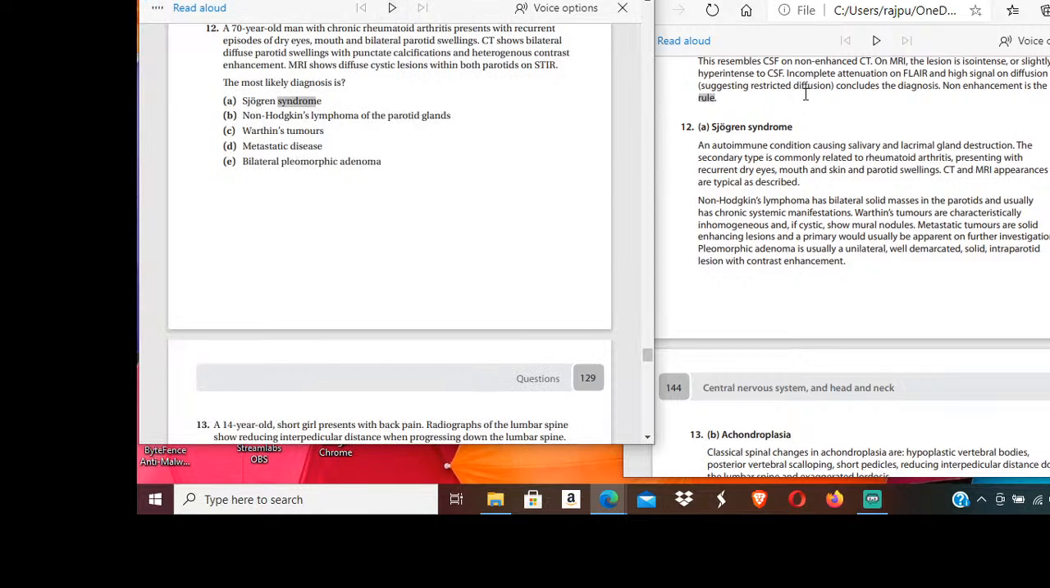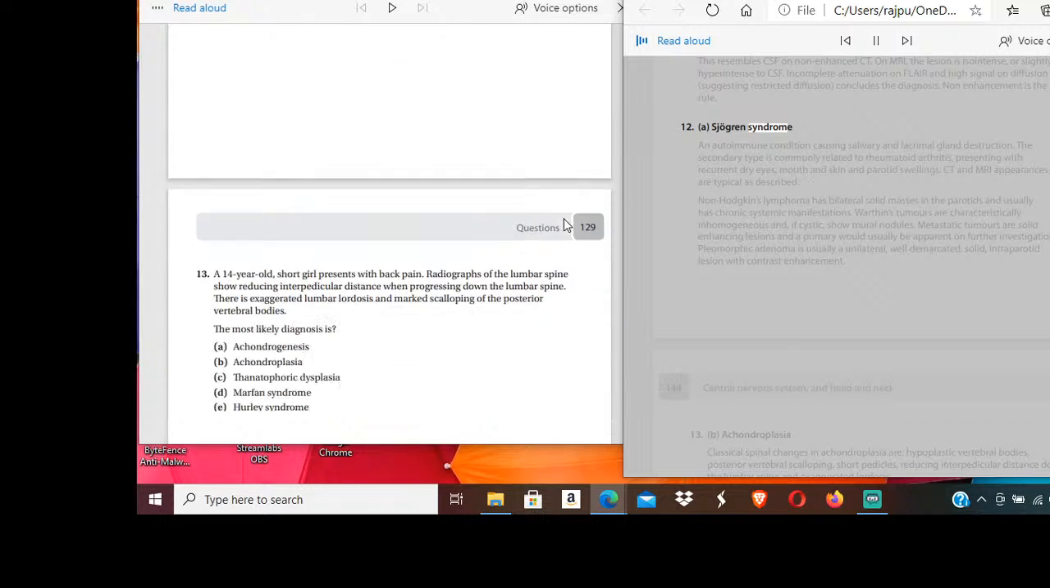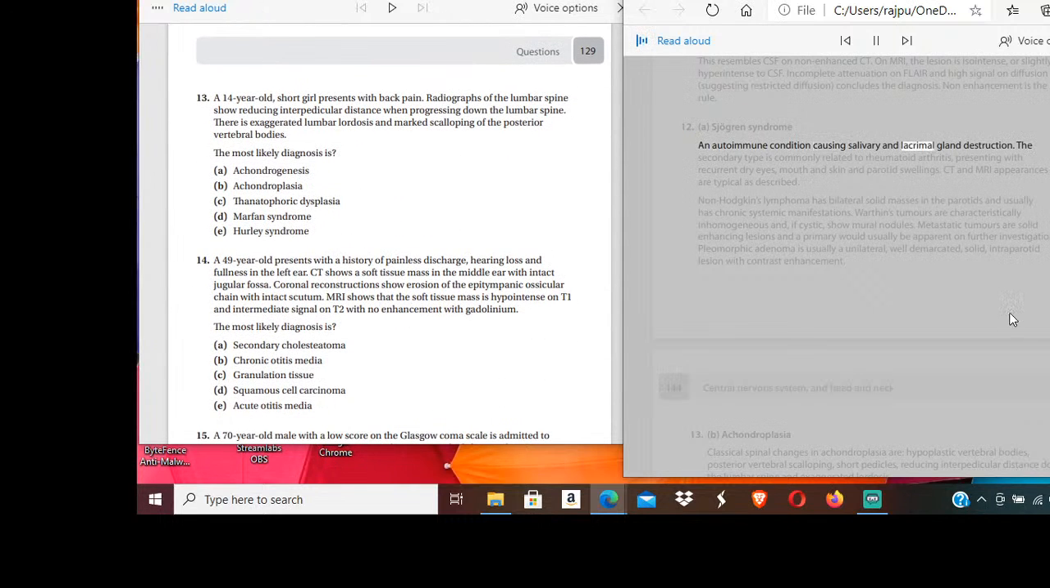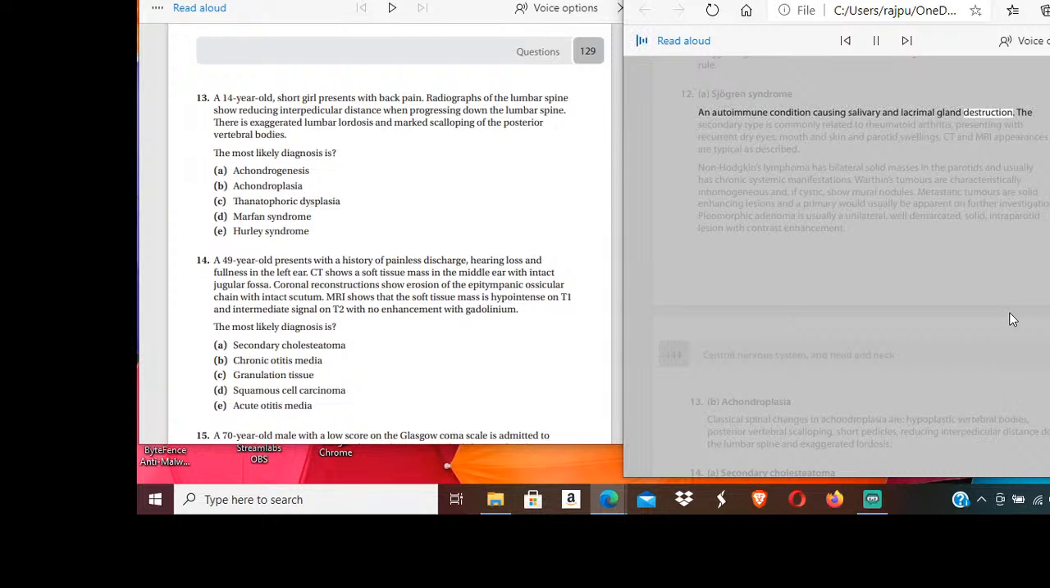12. A. Sjogren syndrome. An autoimmune condition causing salivary and lacrimal gland destruction. The secondary type is